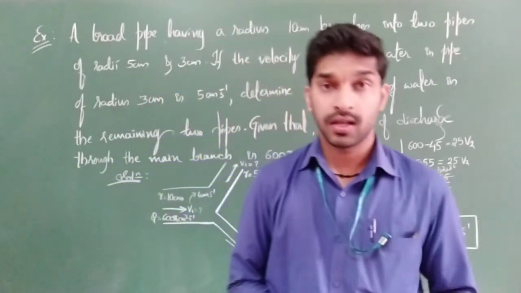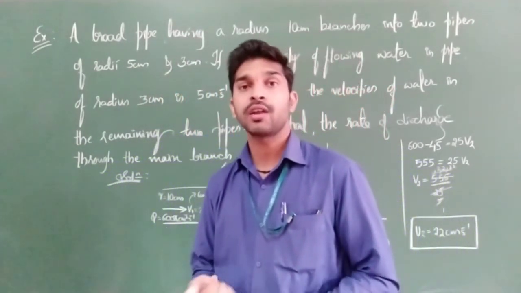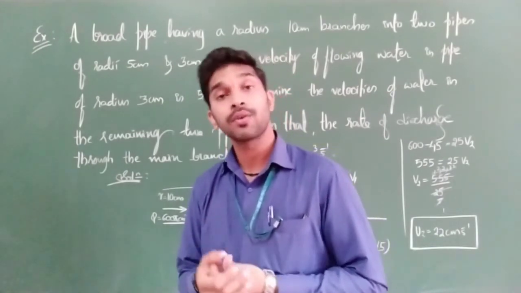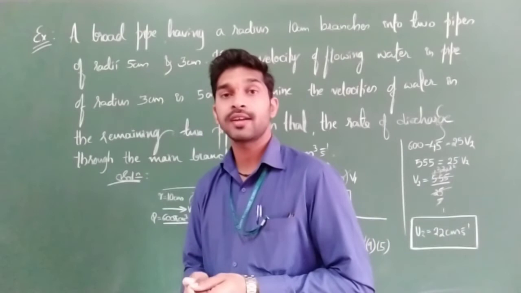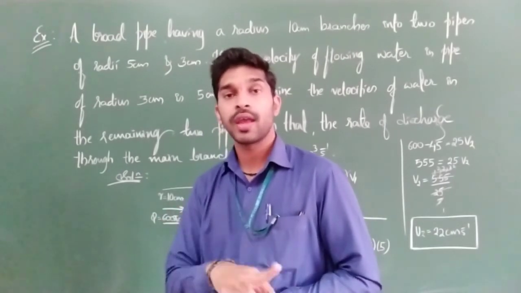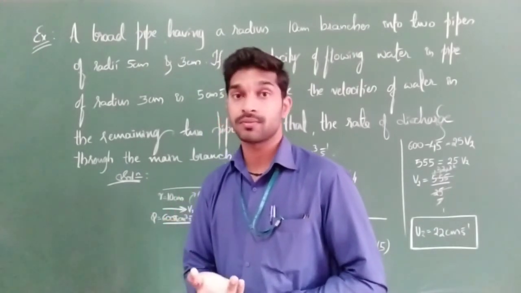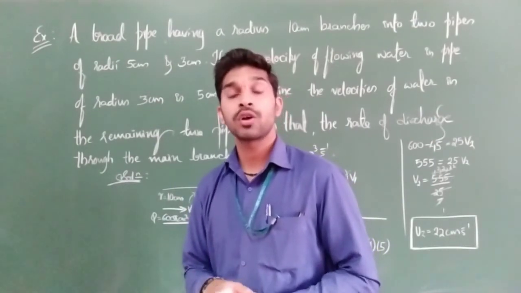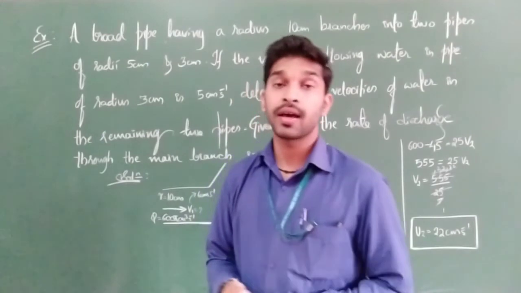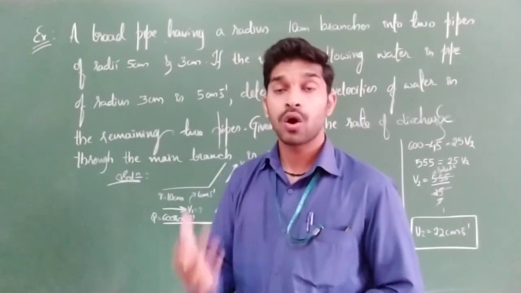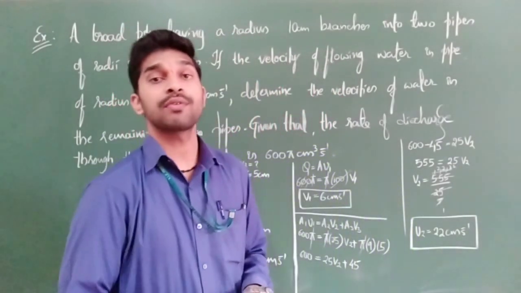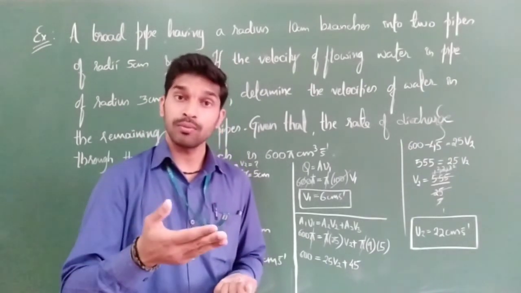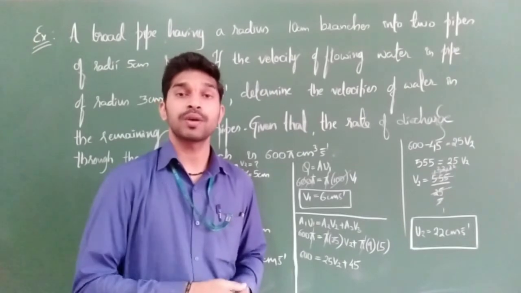So this is how you will get the numericals based on the equation of continuity as well as the rate of flow of water. Rate of flow of water is nothing but the volume of water which is flowing per unit time. Or we can write it as Q is equal to A into V, where V is velocity. Clear? Cross sectional area into velocity will give us the rate of flow of water. Or one more equation we have for rate of flow of water is Q equal to volume divided by time, volume per unit time.